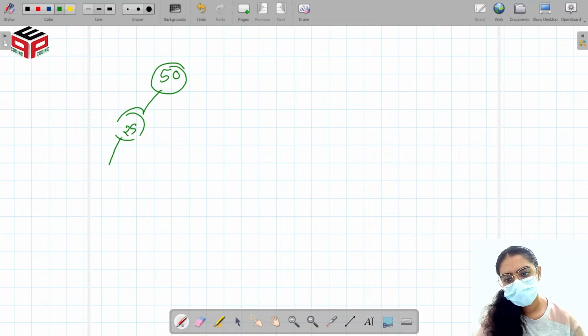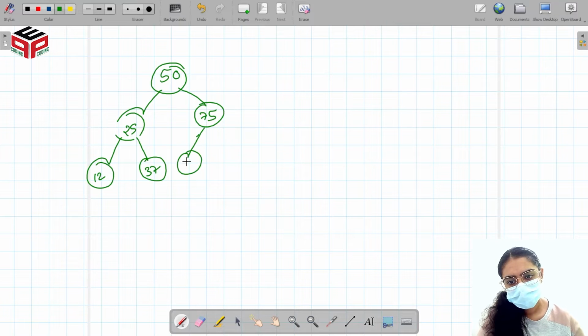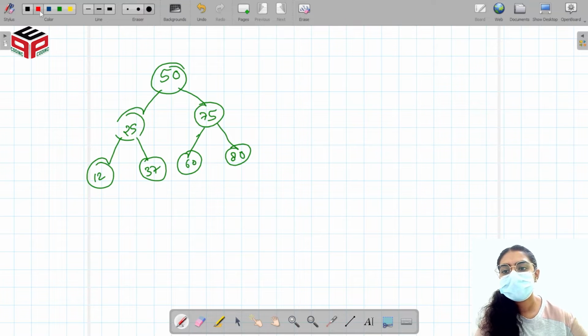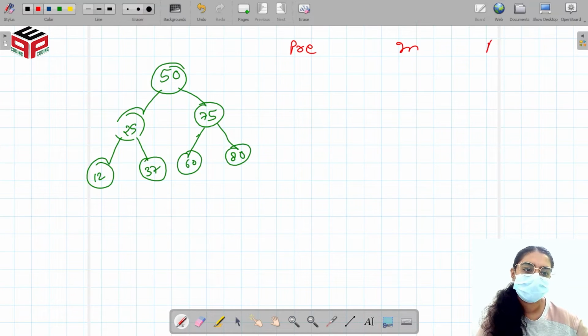25, 12, 37, then on the right side 75, 60 and over here 80. Okay, so we have to print its pre, in and post. So I hope you guys are familiar with the recursive technique, and let's discuss what we used